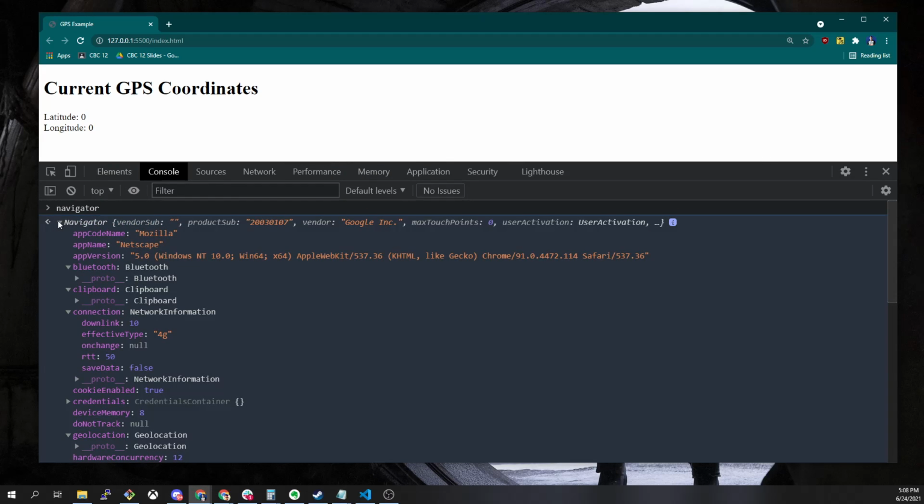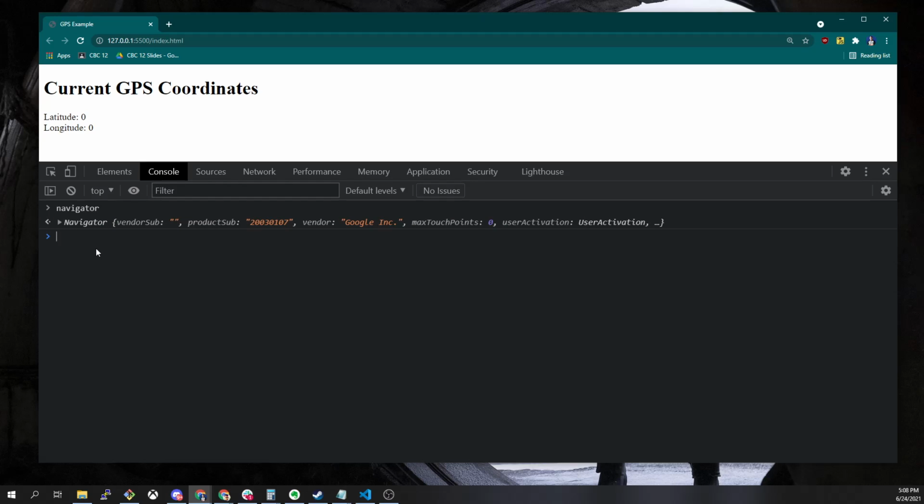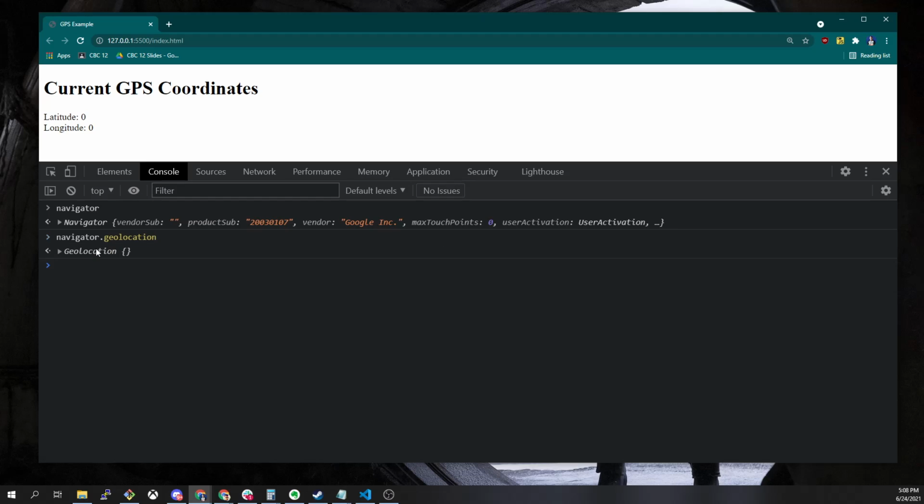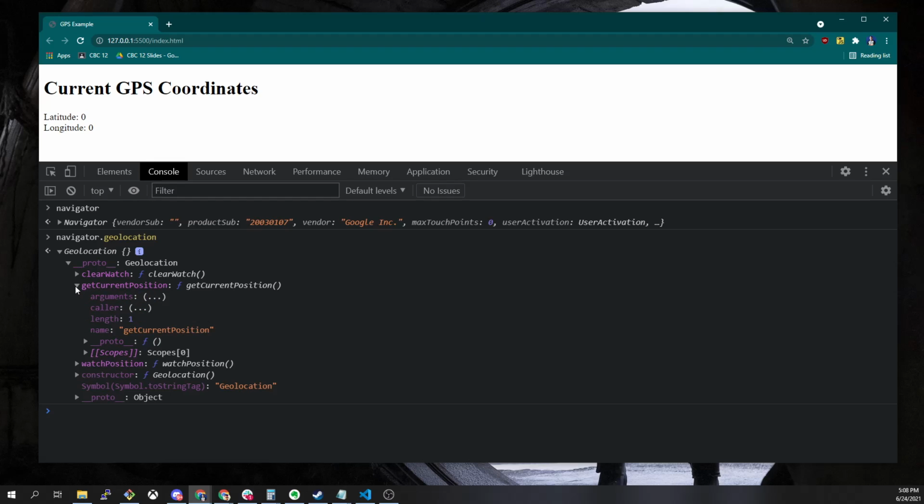So we're in the console. Right? Let's just take a look. So we say navigator.geolocation, right? And this is the object itself. It has a prototype, right? So we know that a prototype is going to tell us the information of the functions that exist on this object. So we've got getCurrentPosition that seems like it's probably what we want, and then